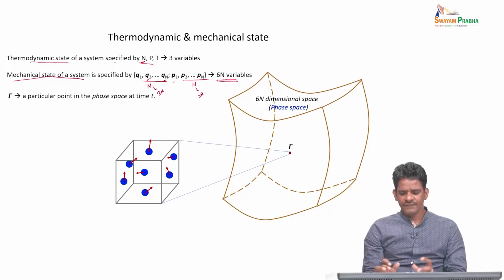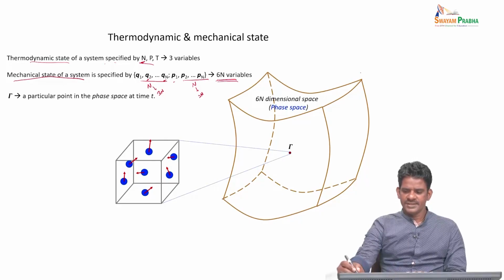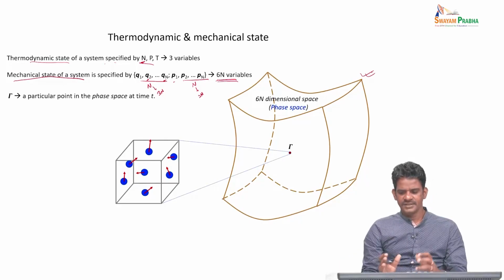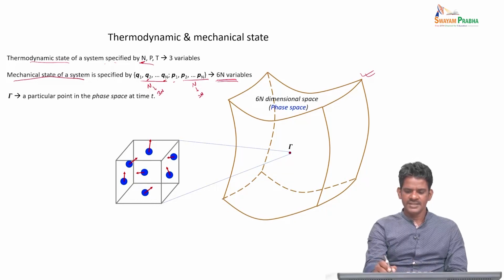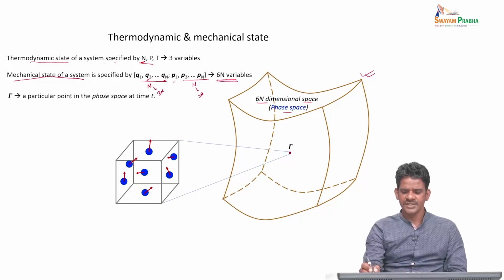This is a little difficult to imagine. What I have shown here in this diagram is a kind of deformed space. It is actually drawn in 2 dimensions, in a perspective view so that it gives us something like a 3-dimensional look. But actually we are trying to look at this figure as a 6N dimensional phase space, and this space is called phase space. We keep referring to this phase space now and then in this course.